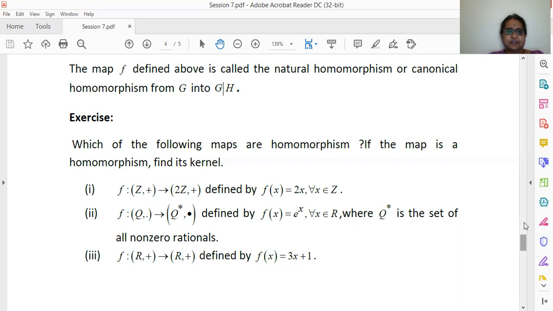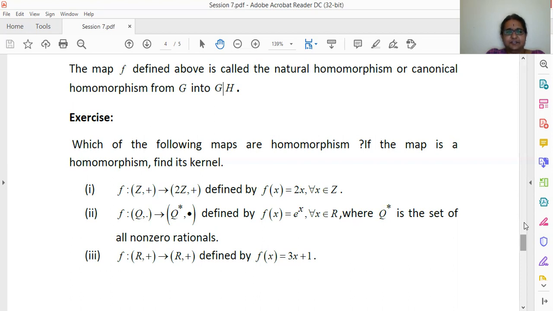And for isomorphism, as we have seen in one problem, it has to be a homomorphism, one to one and onto. For one to one, instead of proving f of a is equal to f of b implies a is equal to b, we can also find the kernel. If the kernel consists of the identity element e, then using the theorem that the mapping f is one to one if and only if kernel f is equal to the set consisting of the identity element e, we can show that it is an isomorphism.